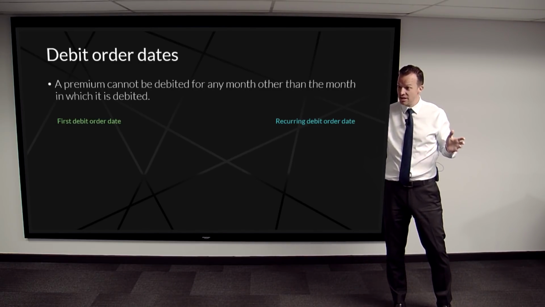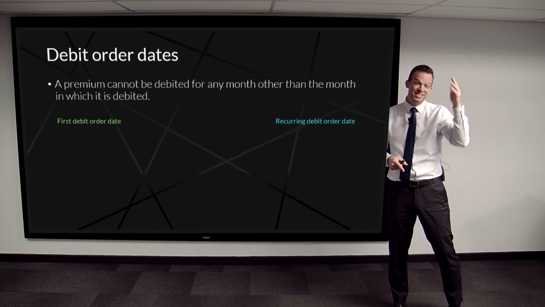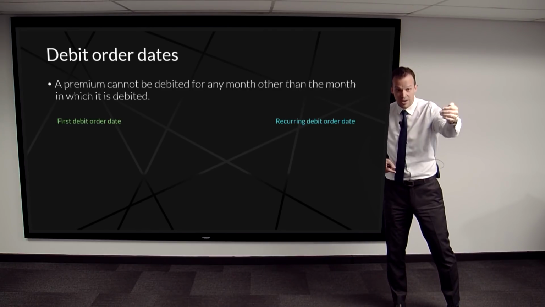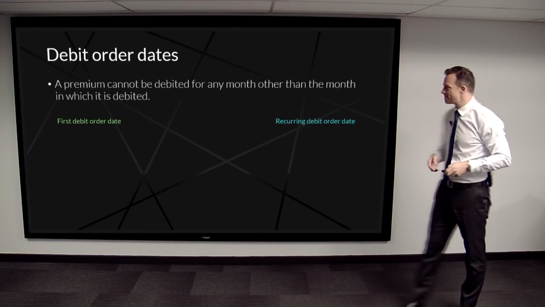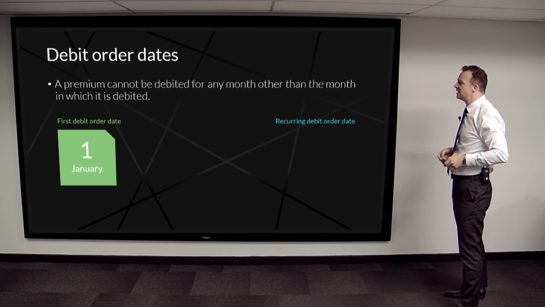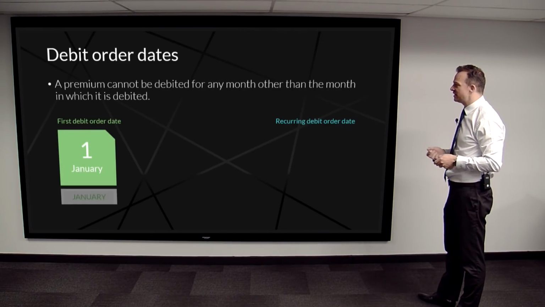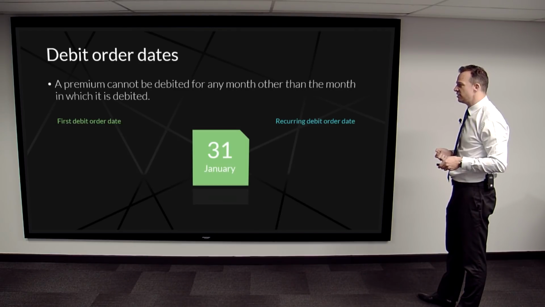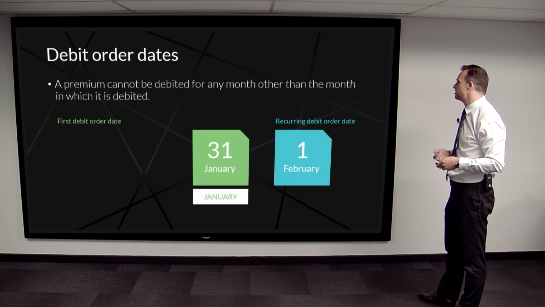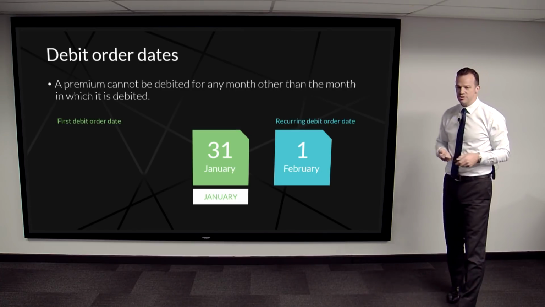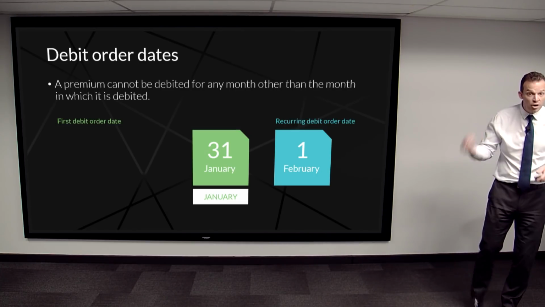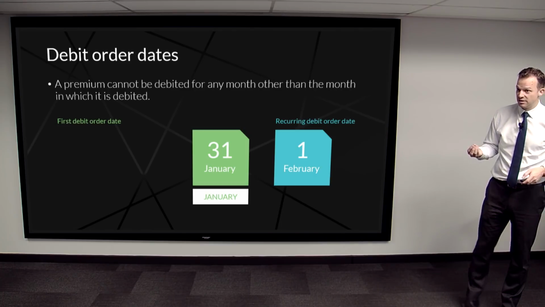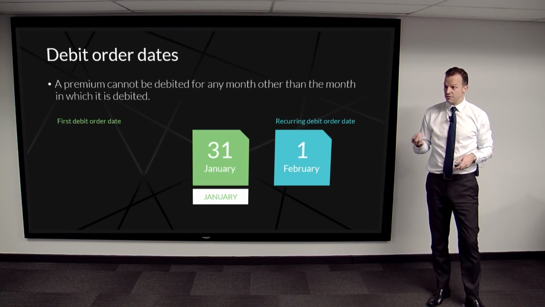You understand? So you always get paid on about the 17th, the 18th of the following month for the previous month's work. So the first debit orders will happen from the first debit order date. So here's the example of 1st of January. The 15th of January, you can do it on the 31st of January. So you can choose any date to do your debit order. And then when you do the application, you'll get asked what recurring date you want to do it on. You understand? There's a difference between first debit orders.